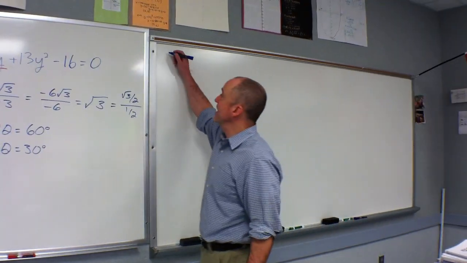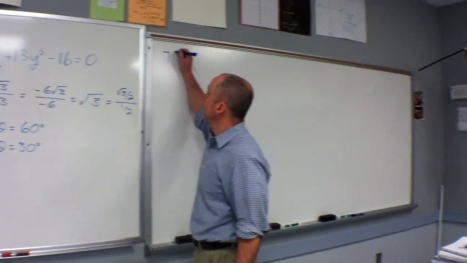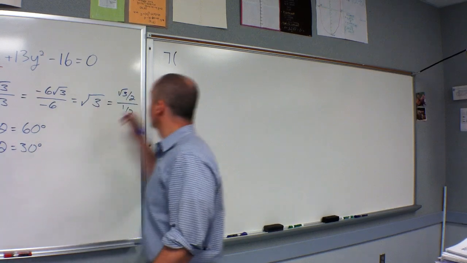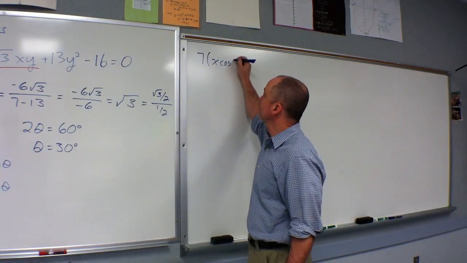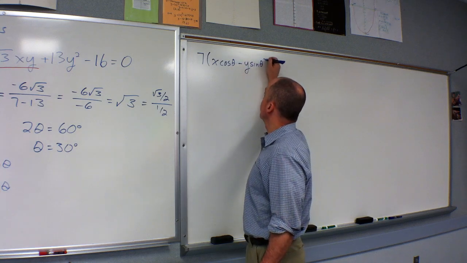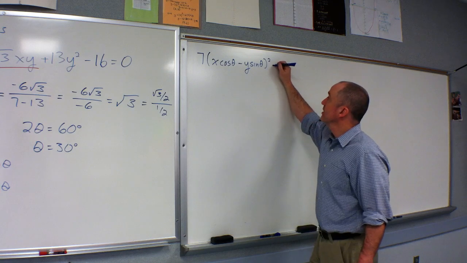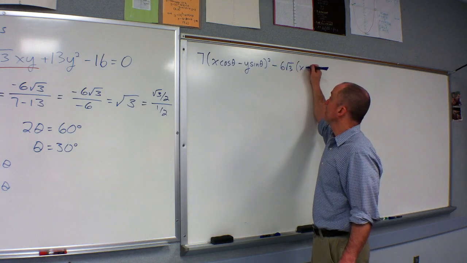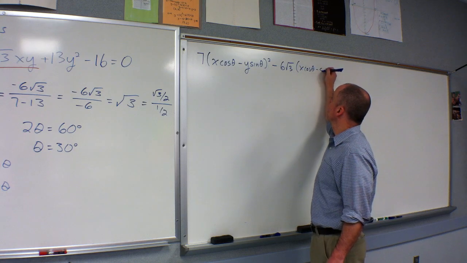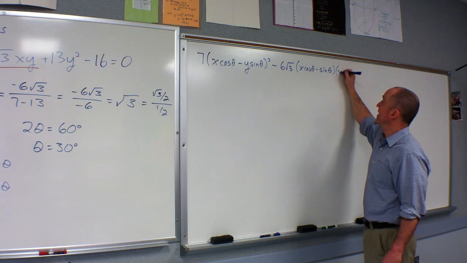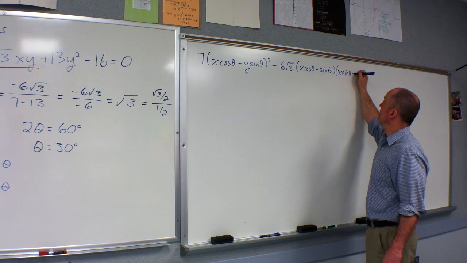Okay, so 7x squared is going to become 7 times, first let's fill in these details. Well, first, x cosine theta, I'll just show you step up here. X cosine theta minus y sine theta squared minus 6 root 3 x cosine theta minus sine theta times x sine theta minus y